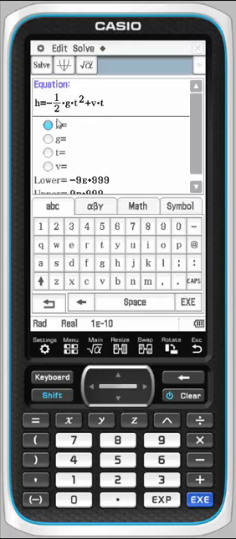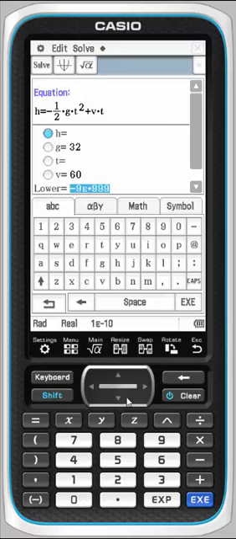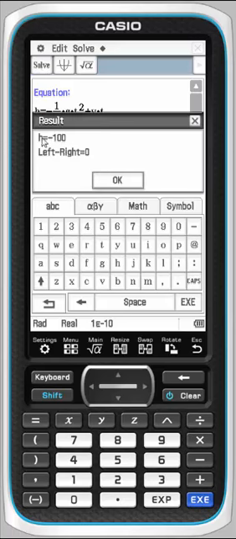It identifies the variables, and now all we need to do is tell it what we know. So if, for instance, the force of gravity is -32 feet per second squared, I'm not going to put a negative since there's already a negative built into my equation. And let's say my initial velocity is 60 feet per second, and perhaps I want to know the height of an object after 5 seconds. So I highlight the radio button, press solve, and it would be -100 feet. So it would have flown in the air, dropped to the ground level, and if possible, fallen 100 feet farther below ground level.